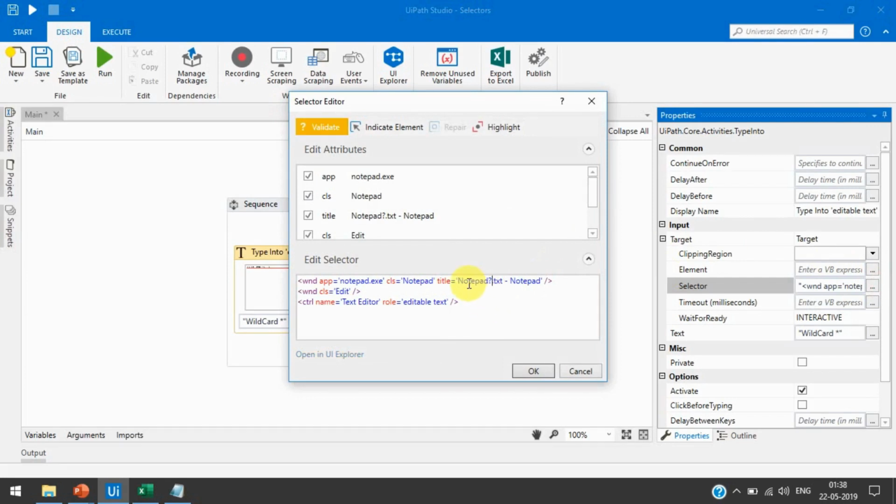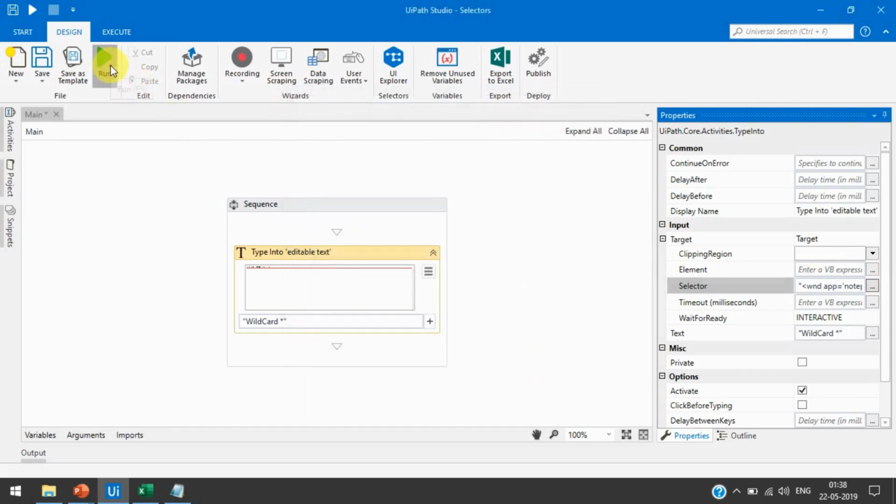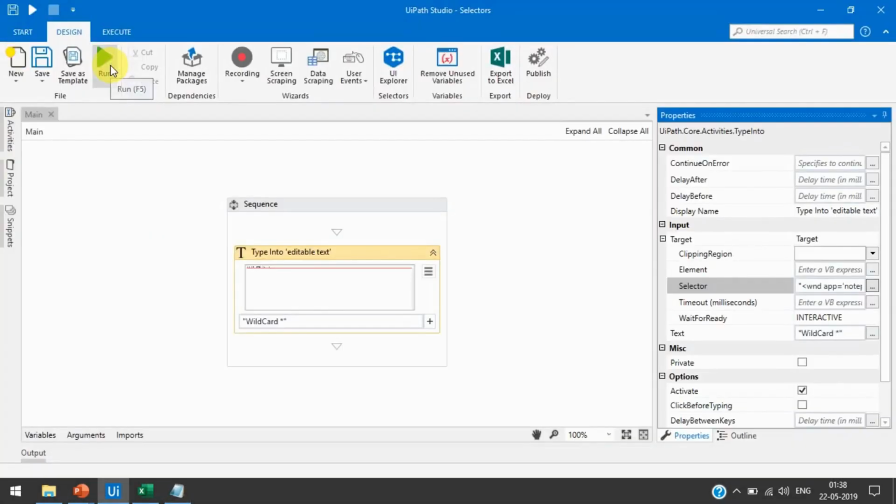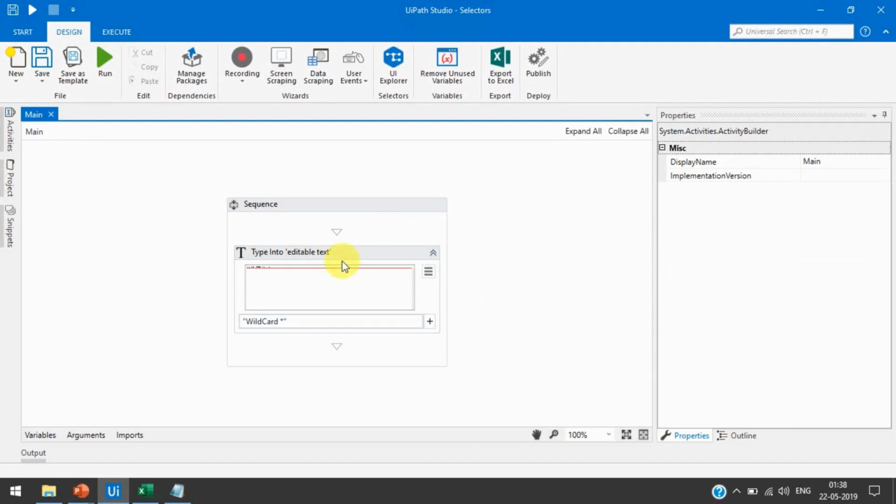It means if the file name is Notepad 1, Notepad 2, Notepad 3, whatever it is, it will work. Let's run this. Now you can see it has worked, because we have used the question mark to replace a single character. So this way we can use wildcards in our selector.